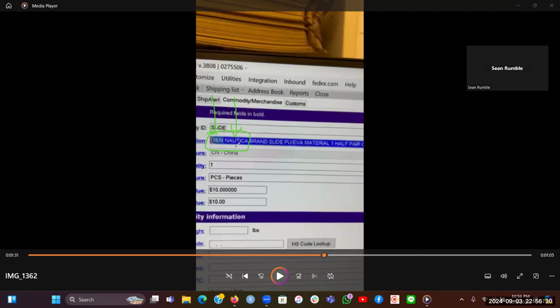Now, these are subject to change based on whatever shipment you're sending, whatever shoe styles and brand names will vary on the gender and the brand that you send out. For instance, as you see here, this is a men's and a Nautica, which is a type of slide. Of course, in some instances you'll see it be changed to women's, and sometimes some Nautica